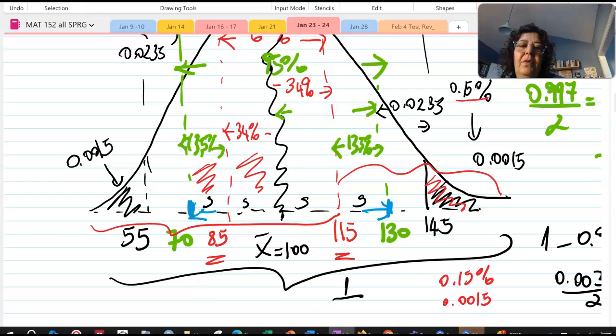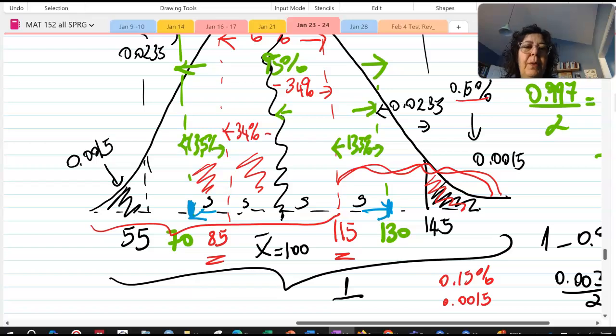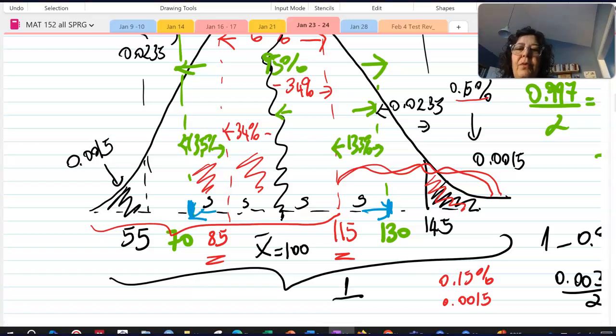For instance, we have 68% here, and then we have 13.5, and then we have 0.0235 and 0.0015. That's kind of long. Maybe it's better to add this portion and subtract it from 1. So let's do that. Okay, so we have 13 and a half